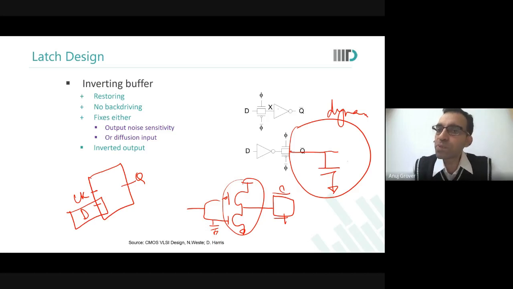So output expect ही नहीं कर रहे हो ना. When the CK is low, you're not expecting any change in output. So what delay are we talking about? There is no delay of any consequence there. This is the state in which any input change is not even sampled because my CK is low. There's no delay I'm worried about over here.